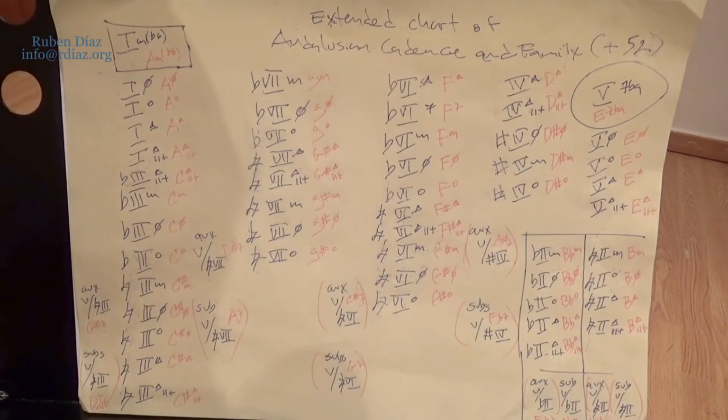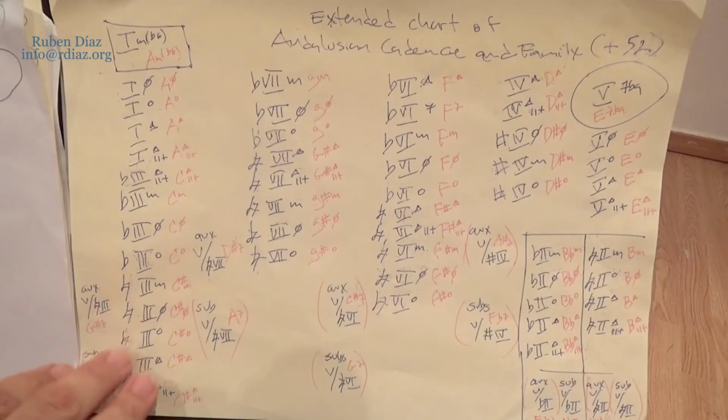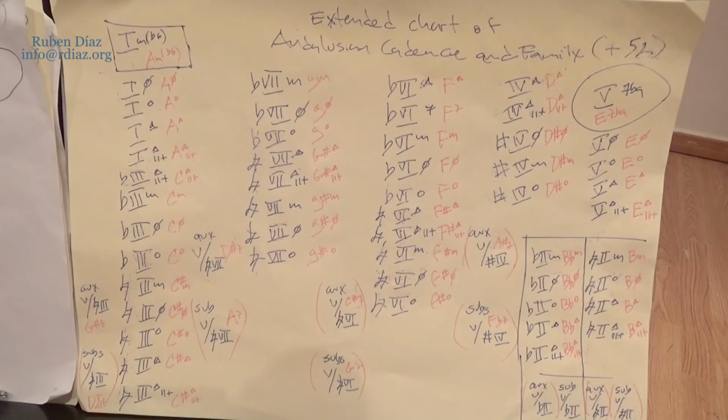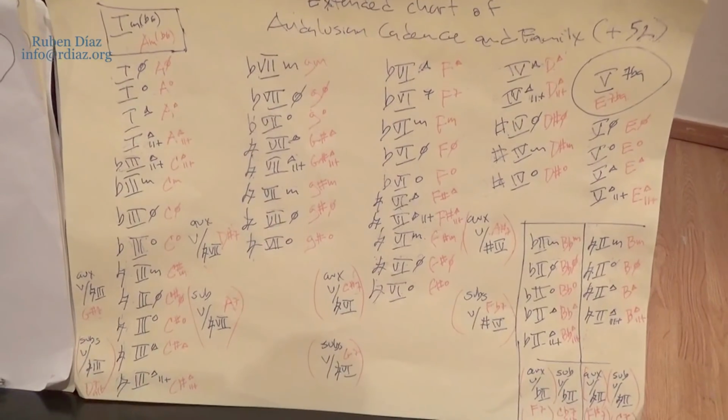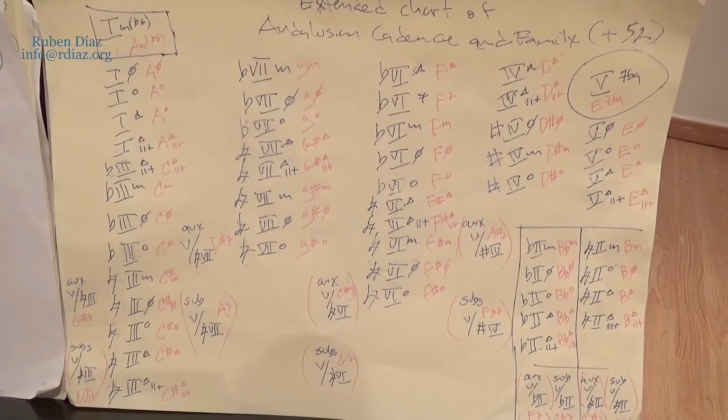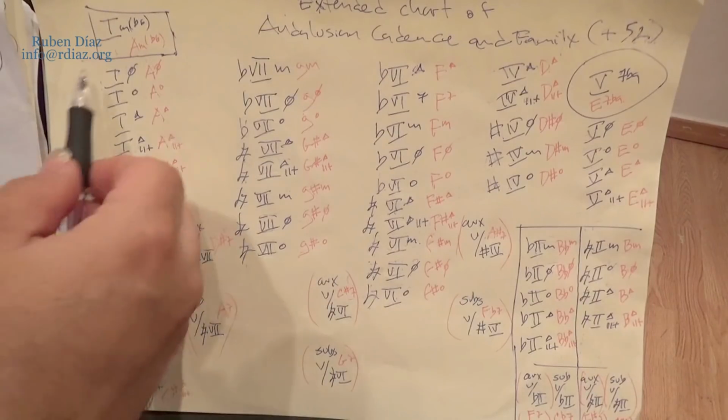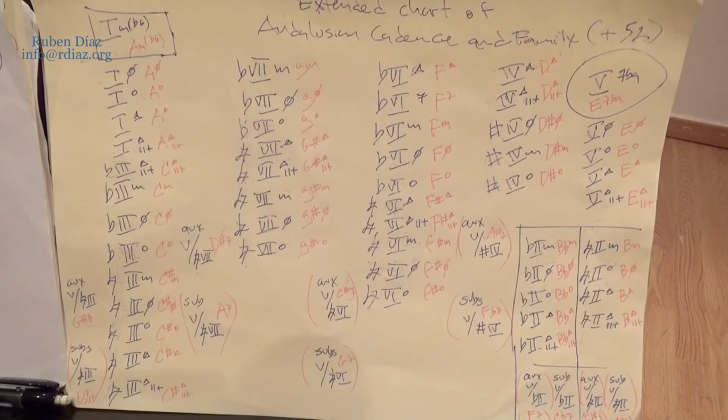So here we go with A minor, and now we have as our first chord of this extended chart the chord first minor 7 flat 5. So we have this. Generally it is used in progressions with a coloristic purpose, like for example we may have things like 4 minor,